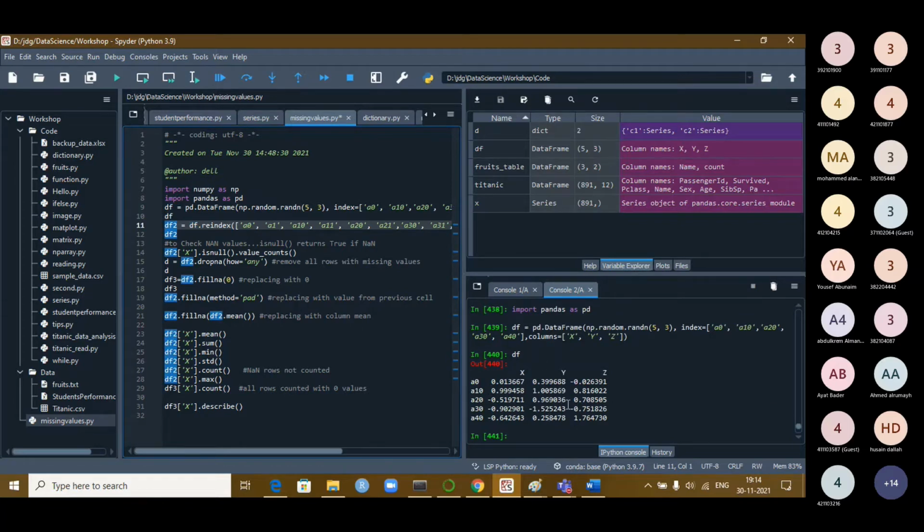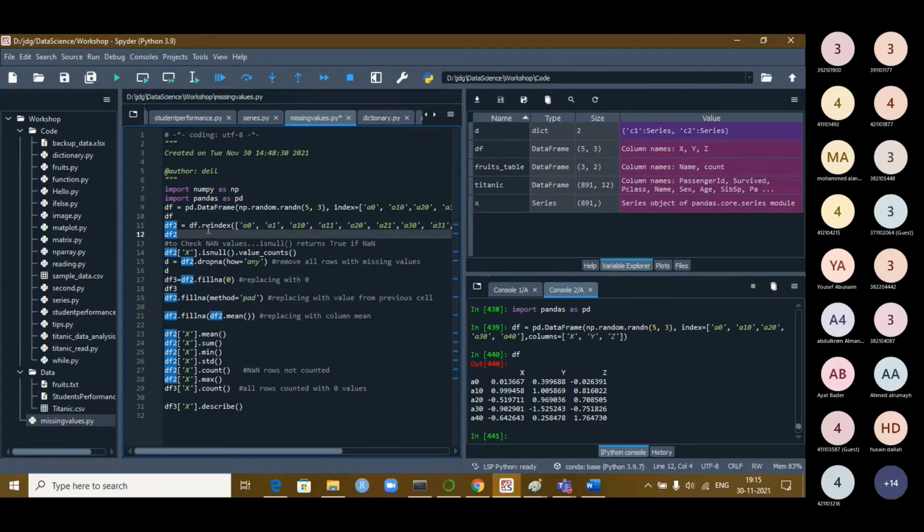These values are random, so they will change. So X, Y, Z, 3 columns. We have 5 indices for the rows which are given here. Index and column names are given, and these values are given because it is a 5 by 3 matrix which I have created using random numbers. Okay, now let us do something.